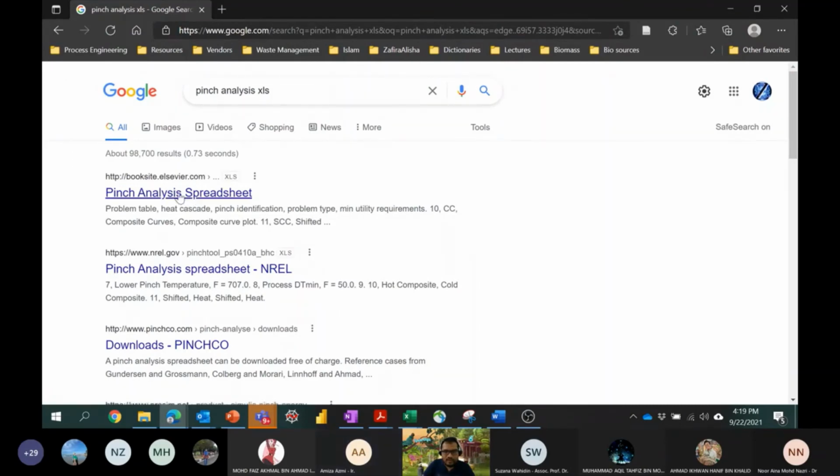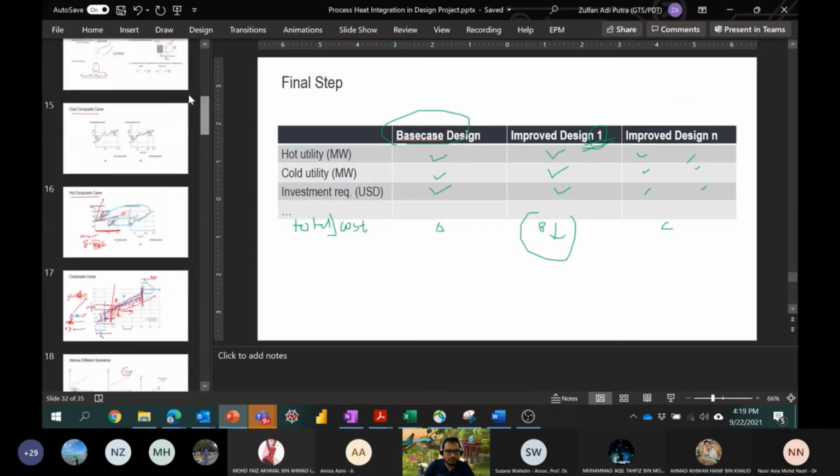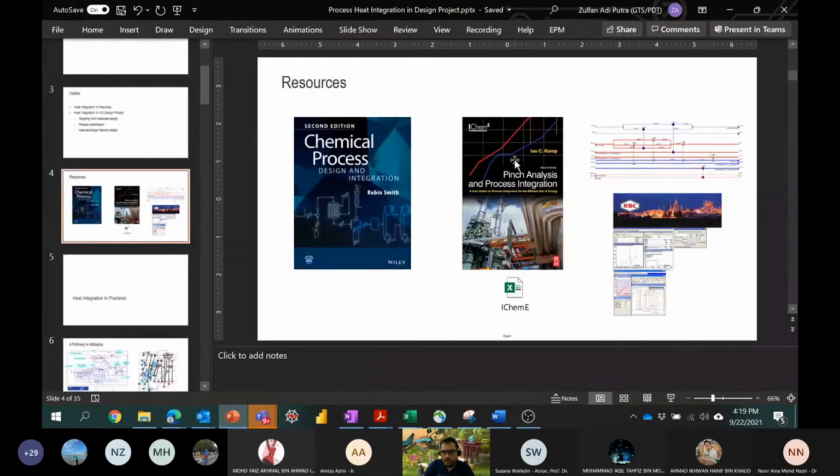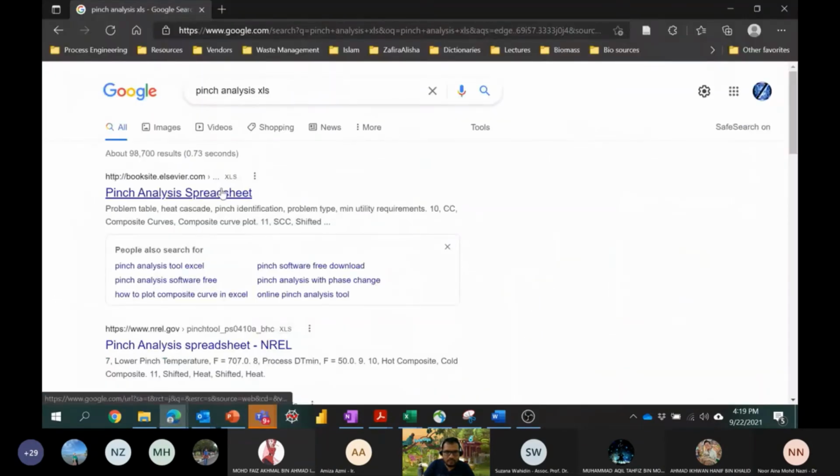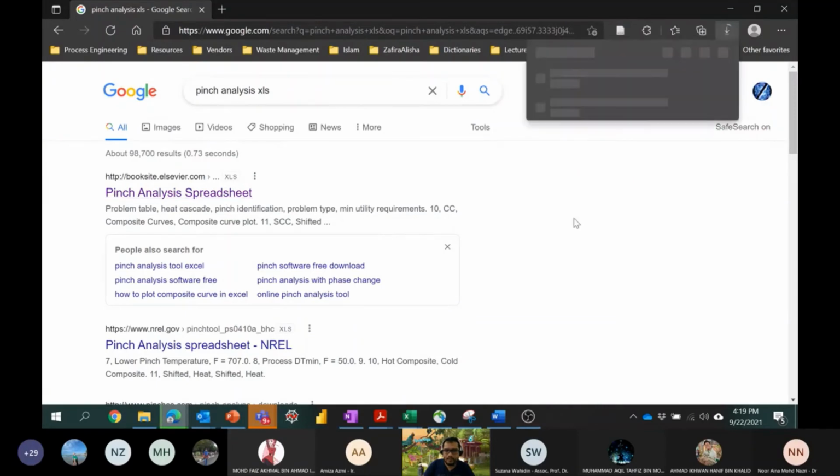This one is the Excel spreadsheet that I mentioned. If you go to this one, the Excel spreadsheet for this. Can I open this? Just to give you, hey, come on, just to give you